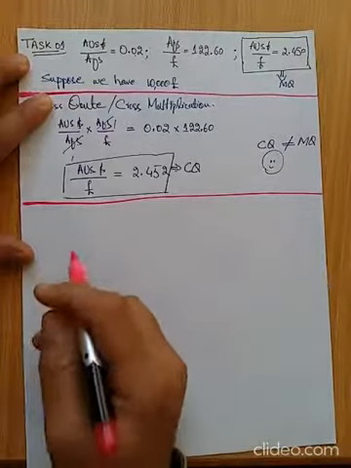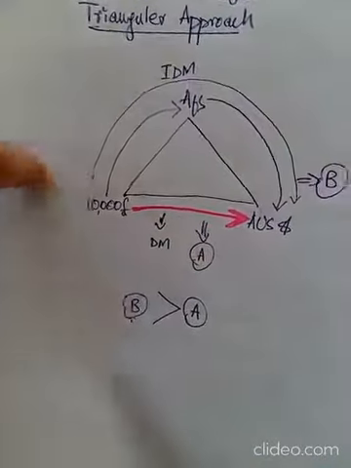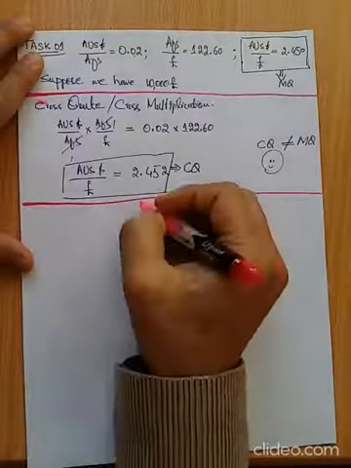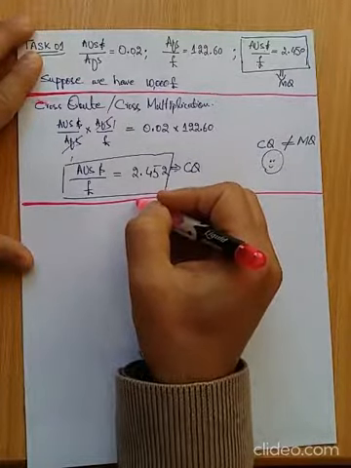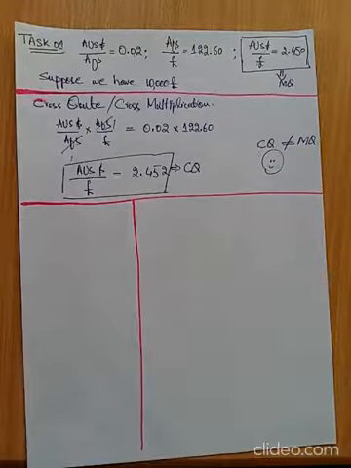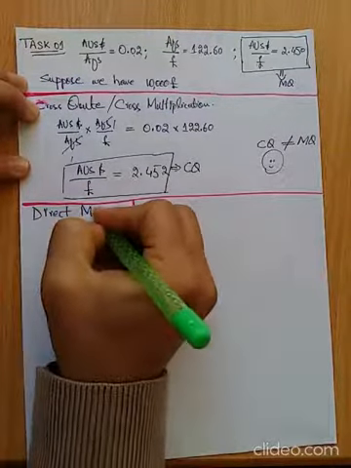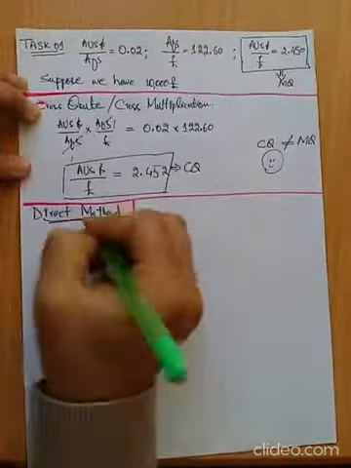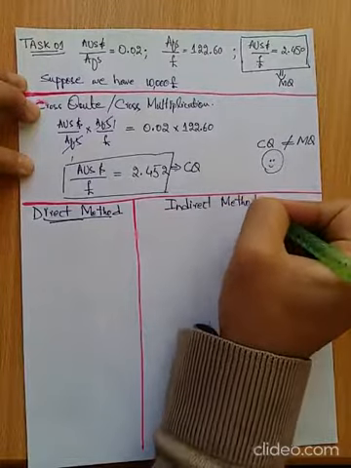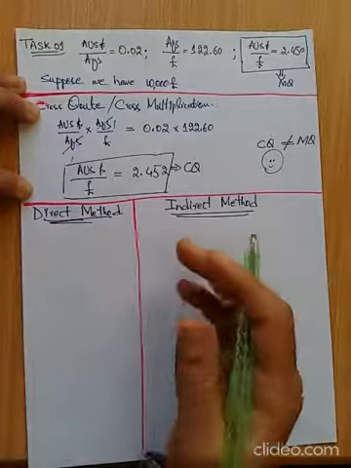Okay, now if you remember in the example which I gave you here, I followed the direct method and the indirect method. So I'm gonna do the same technique here as well. I will divide my remaining part of the page or numerical into two sections like this. Okay, and I will name this section as the direct method, and I will go for the indirect method in this section. Okay, now if I go for the direct one,